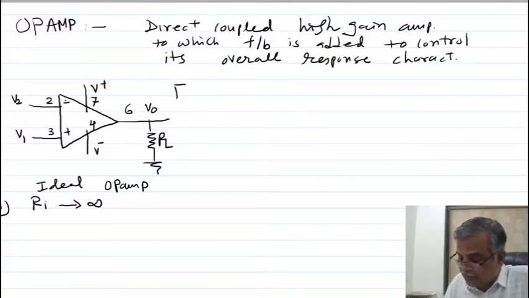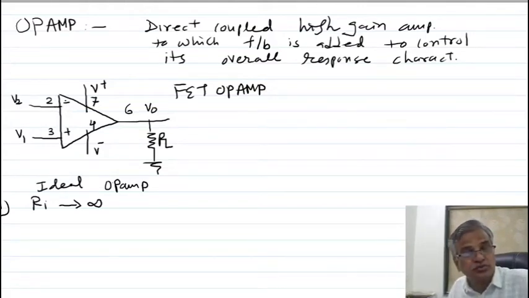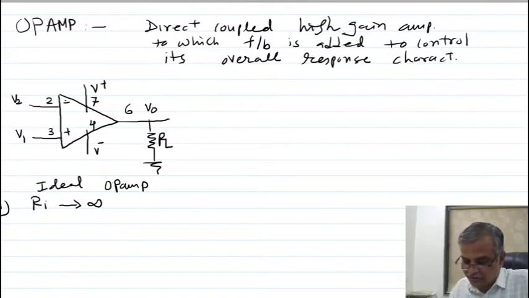If this op-amp is a FET op-amp, then here the two-stage source follower is used. So as a result, here is a two-stage source follower, and here is a two-stage source follower. So it provides a very high input impedance. Therefore, I am writing here, your input impedance is very large. For ideal I am using the word infinite. You already know that nothing is ideal, but we are writing like this.